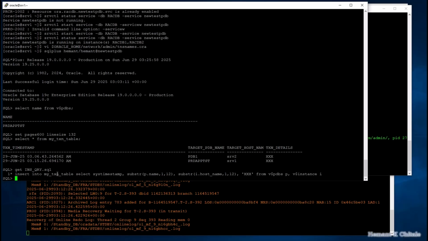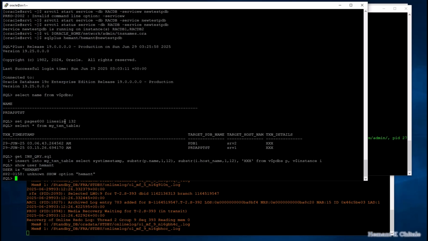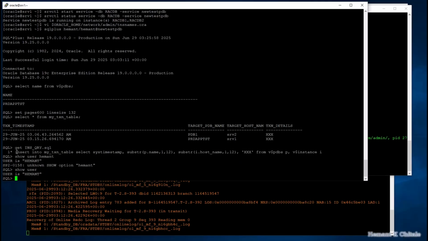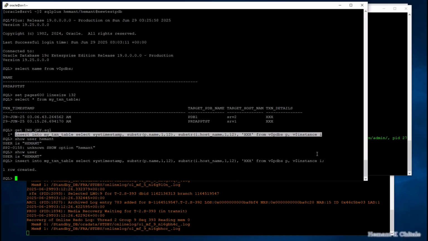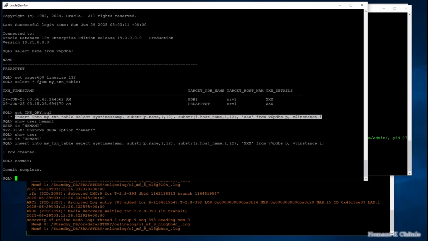Now I don't need to qualify my table name with my schema name because I am connected as my own user. So I can just run this again. And if I query,